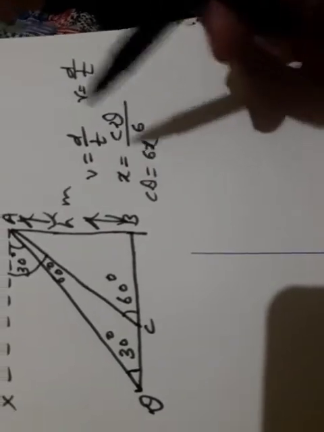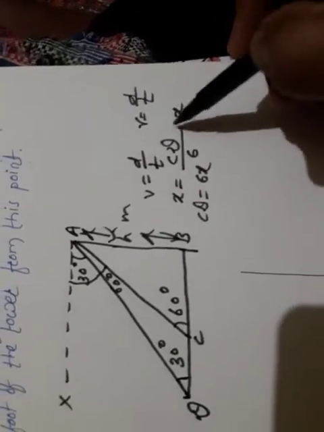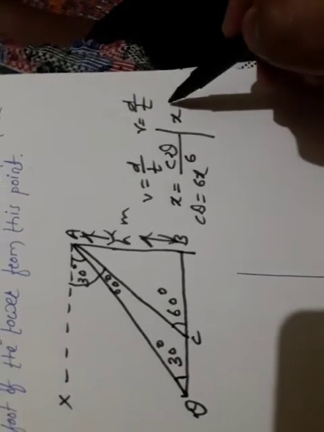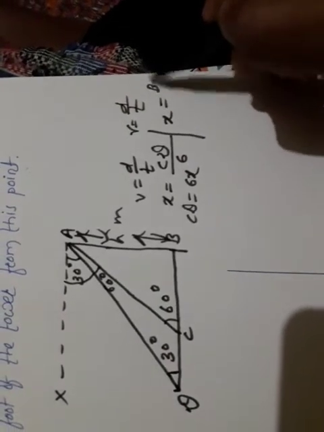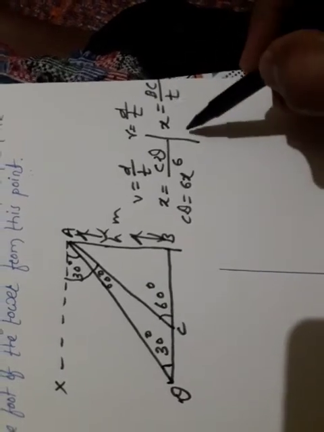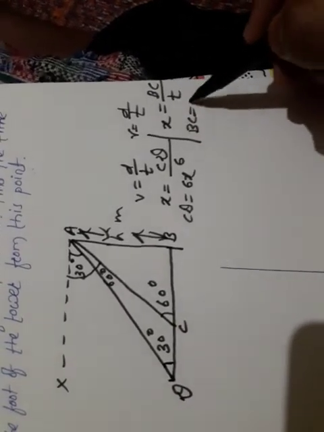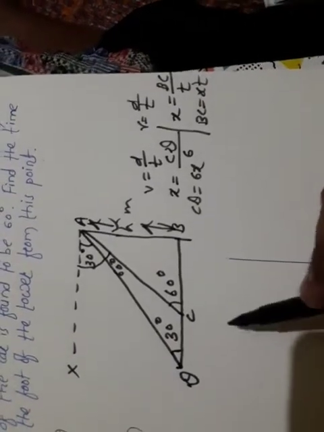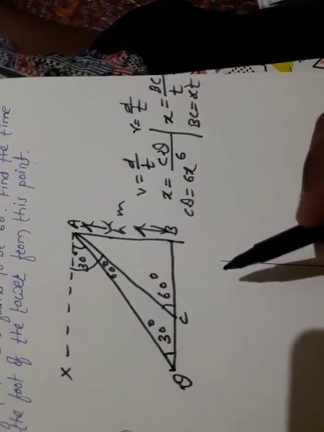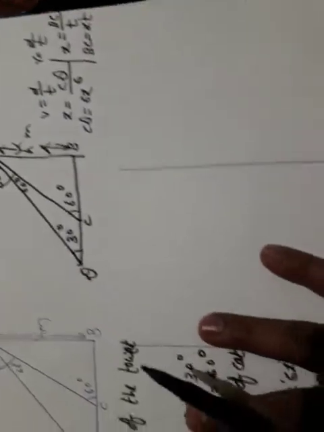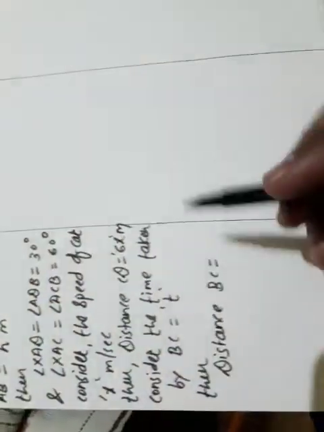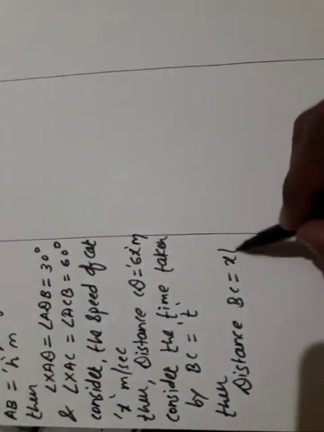Velocity we know, uniform speed is there, means here also speed will be what? X. इधर speed भी x रहेगा. Distance क्या है? BC. And time T. यानी कि BC is equal to क्या होगा? Multiply करो. BC is equal to XT. Do you understand? BC is equal to XT. Distance BC is equal to XT.